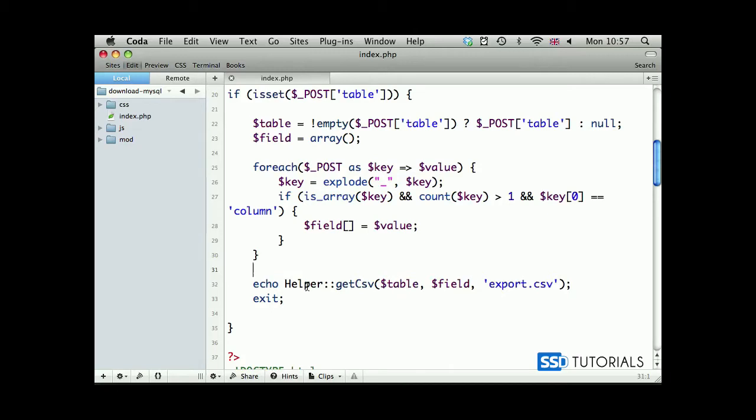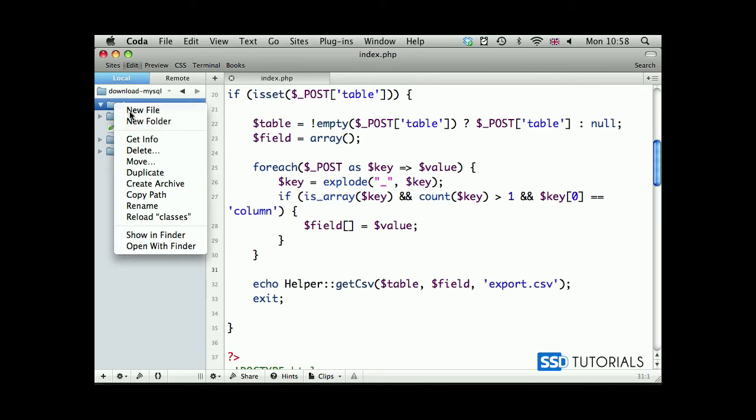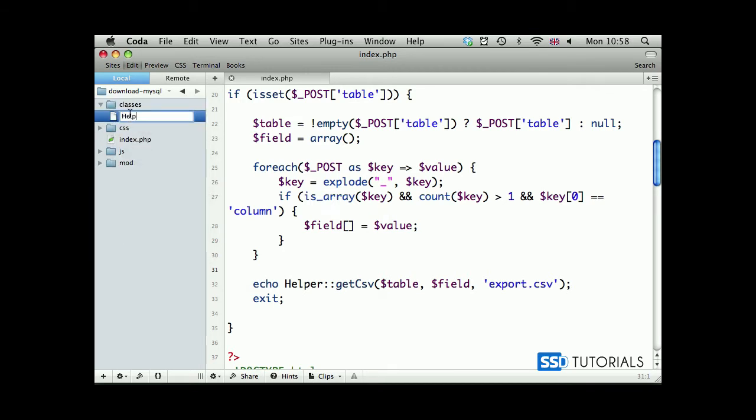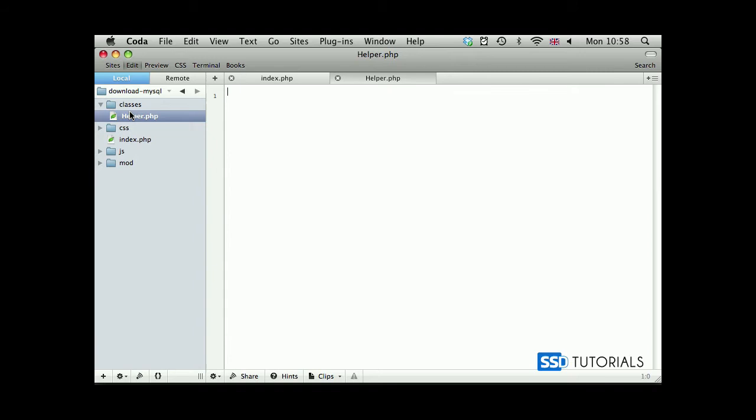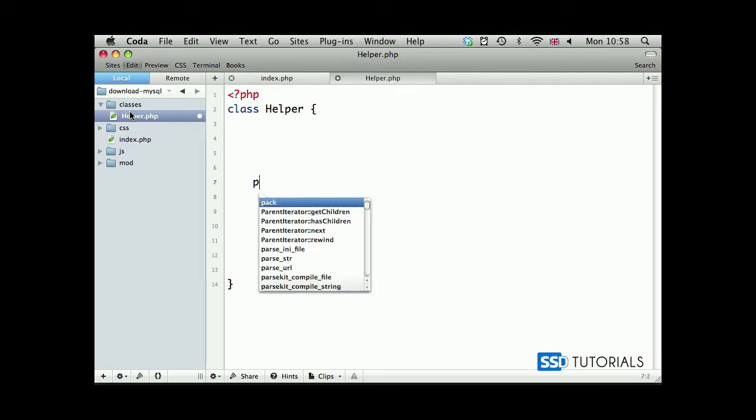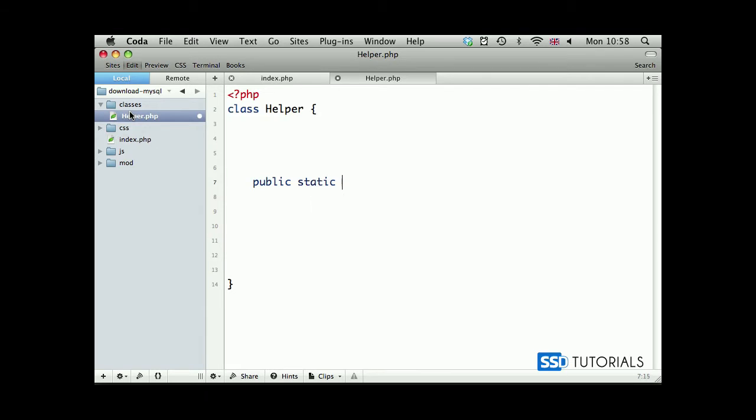So now we need to create helper class together with our getCSV method. So inside of the root of our project, create a new folder and call it classes. Inside of the classes folder, create a new file called helper.php. Now we start with the opening PHP tag and class helper. Inside of this class helper, we start with public static function